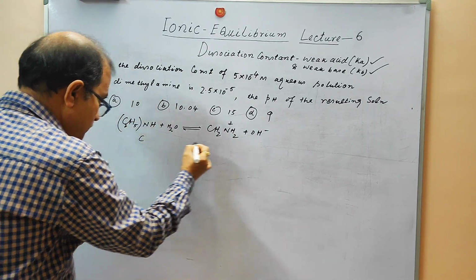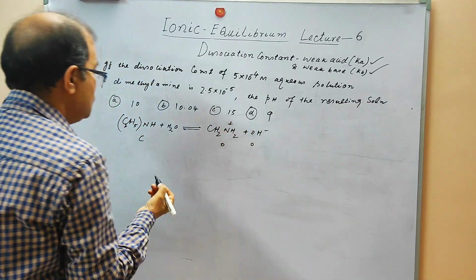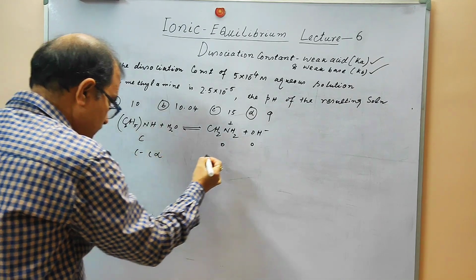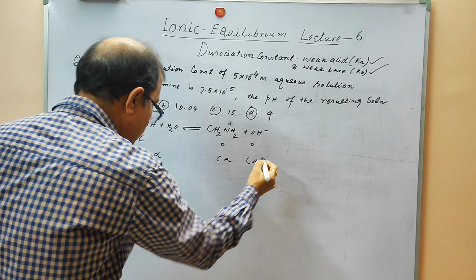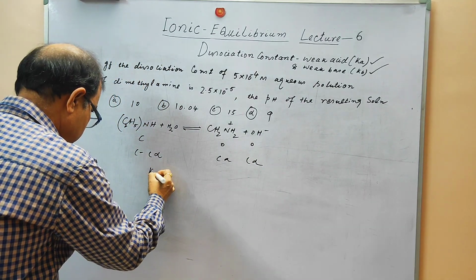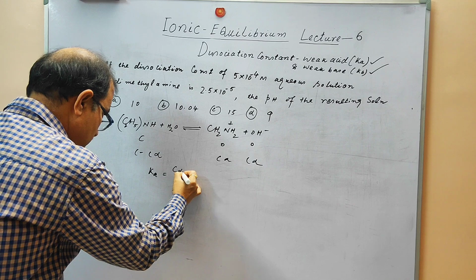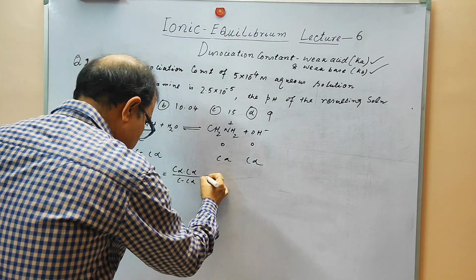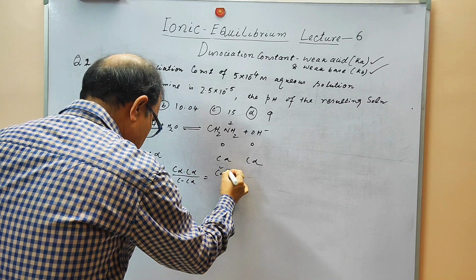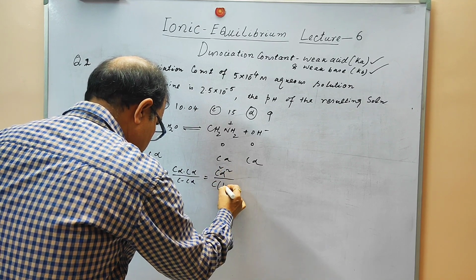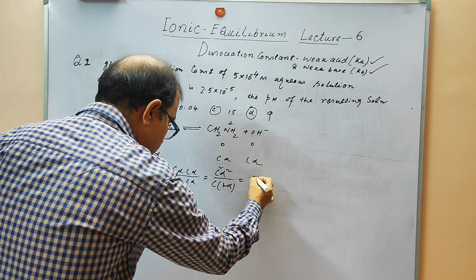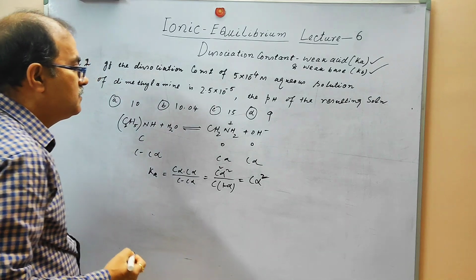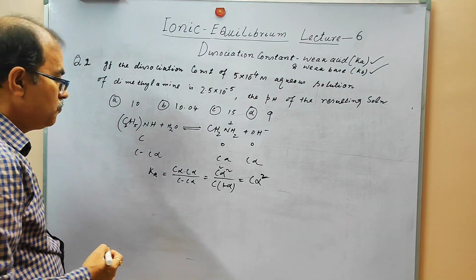Suppose the initial concentration is C, and then 0 mole, then after taking the degree of dissociation alpha, you will get this. We already calculated in a similar way. So we get K equals C alpha into C alpha by C minus C alpha, that is C square alpha square by C into 1 minus alpha, and it will be C alpha square. After taking the approximation, you can neglect the 1 minus alpha. So from this we can calculate,